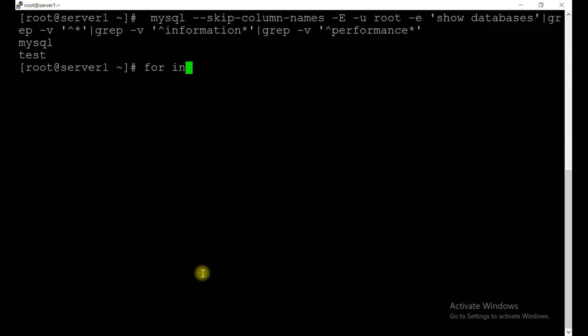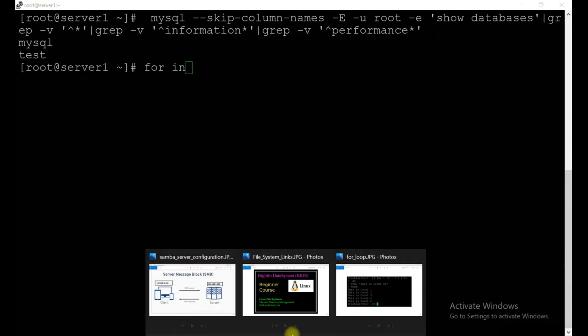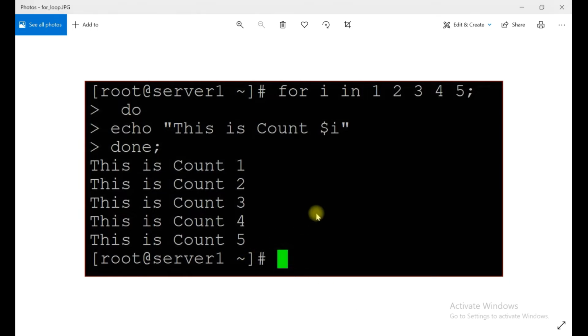Before explaining the for loop, I want to explain how it works. I have an example. You have to execute a for loop with a variable that we define; you can take any name, it doesn't matter: i, k, h, a, b, anything. In 1 2 3 4 5, the first value 1 goes inside i, so i becomes 1.